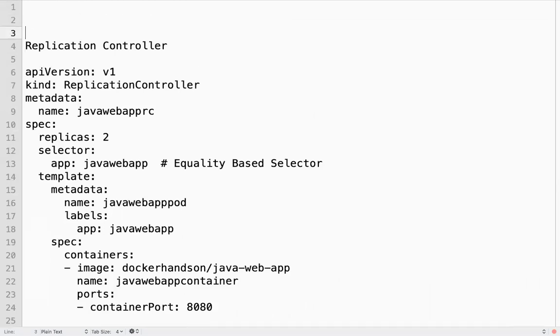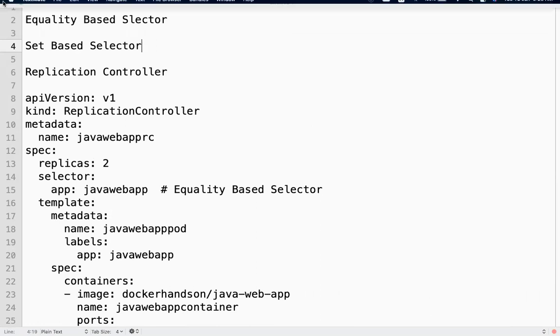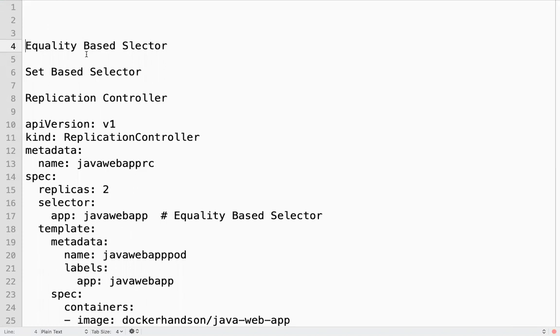We have two types of selectors: equality based selector and set based selector.